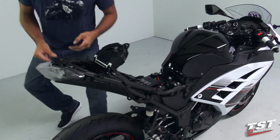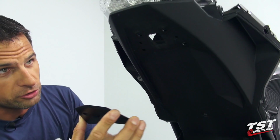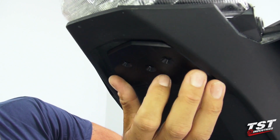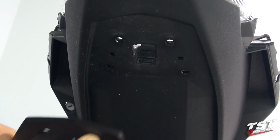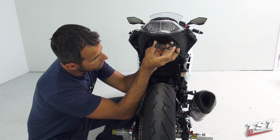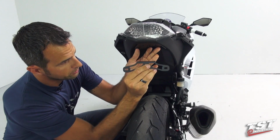So our Undertail Closeout has a few different functions. If you're going to the track and you don't need any equipment on the tail of your bike, you can use this closeout to close out this whole area and make sure that no water or debris get into your undertail trunk area. Another use is for the combination of the Undertail Closeout and our basic fender eliminator, in which